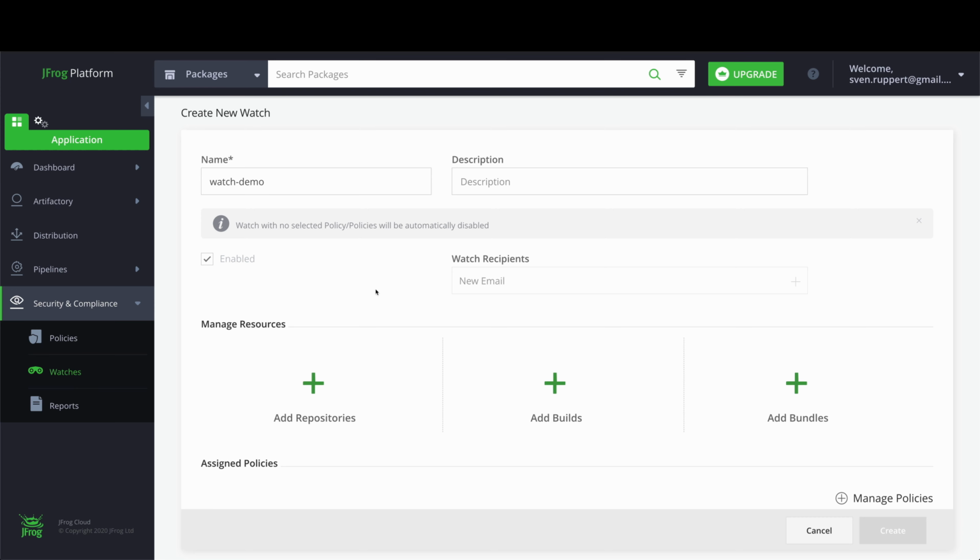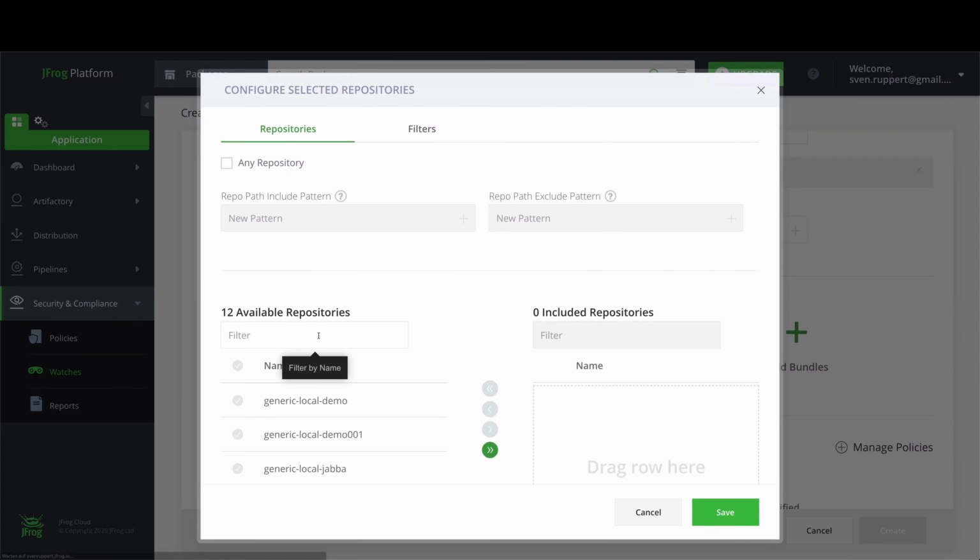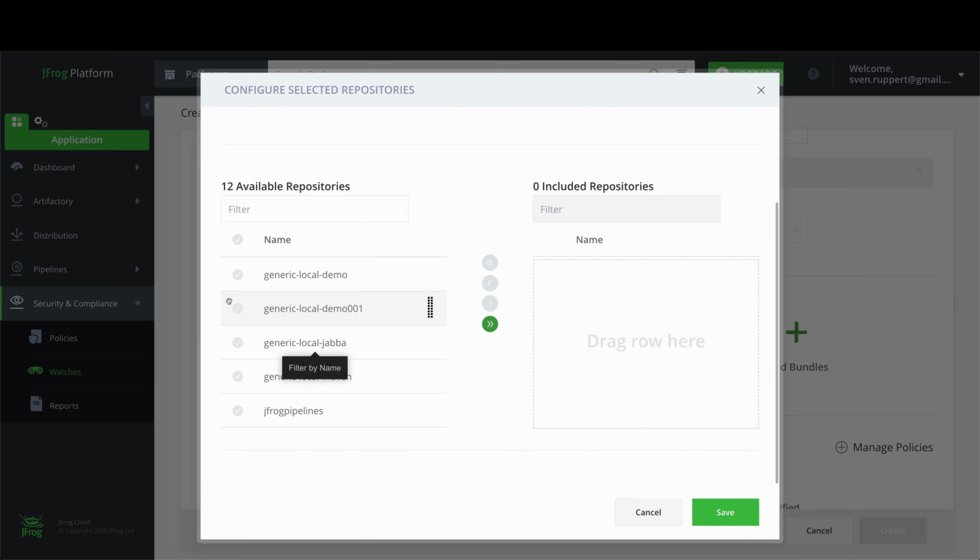The first thing you have to do here is define what the resources are that you want to scan. It could be repositories, build information or bundles. I'm just using repositories here. You have different possibilities to define what repositories should be included. You can just say any repository, or you can select a